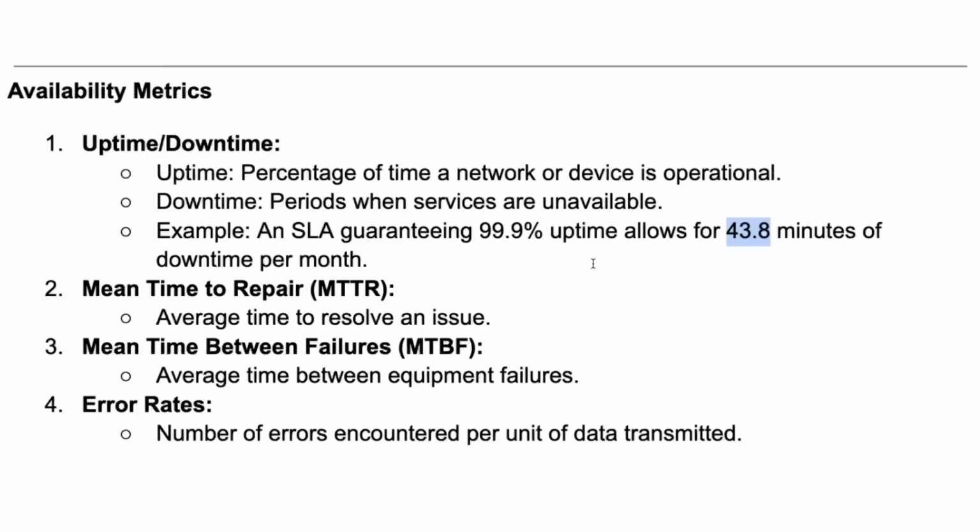43.8 minutes of downtime is really, really bad. It's crucial, right? Even with 99.9% of uptime, the 43.8 minutes can actually cost a company a lot of money. So if they don't meet this, right? If there's an hour and a half of downtime, you need to call them and be like, listen, you just lost us this many dollars, and you need to refund me my money that I'm paying you,